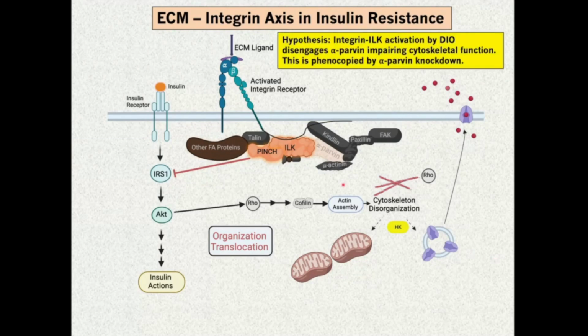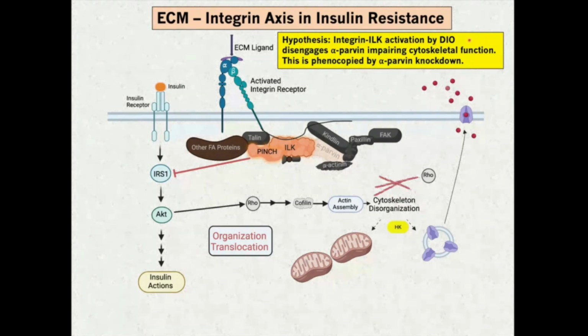I'm going to end with a hypothesis, which is that integrin ILK activation by DIO disengages alpha parvin, impairing cytoskeletal function. And this is phenocopied by an alpha parvin knockdown,